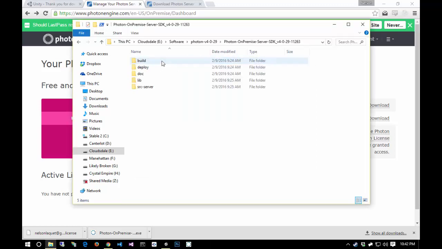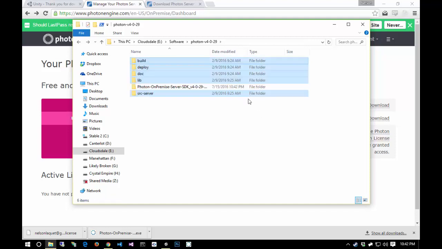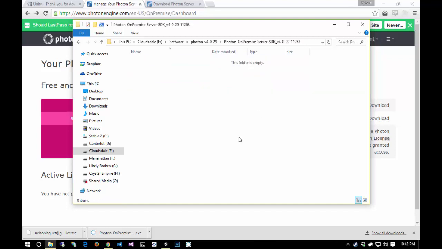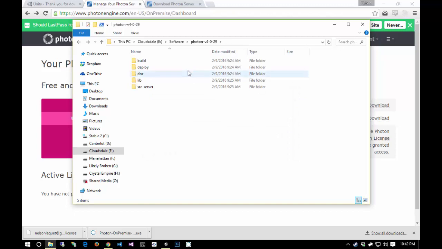So here we have this. So I'm just going to take these. I'm going to pull all of these folders back into this folder. I don't want that folder at all. Okay, so how would we go about updating Photon? Well, the most important thing